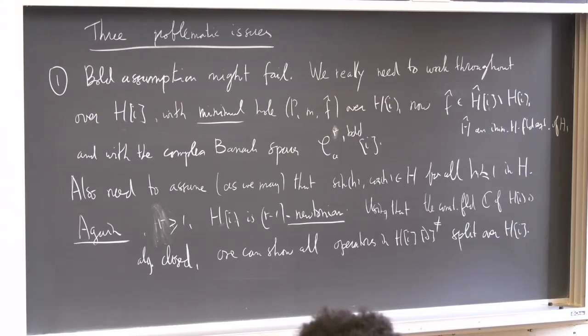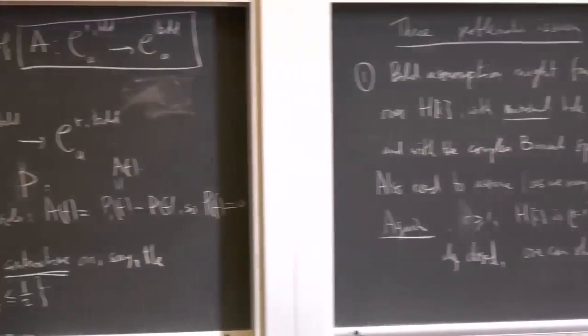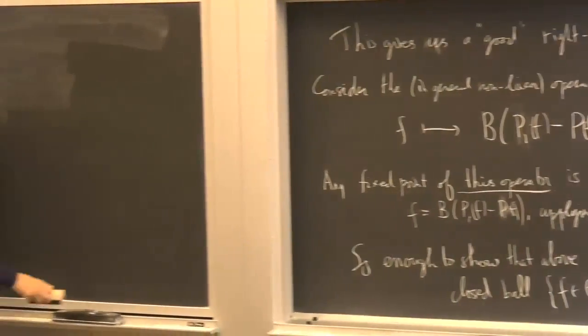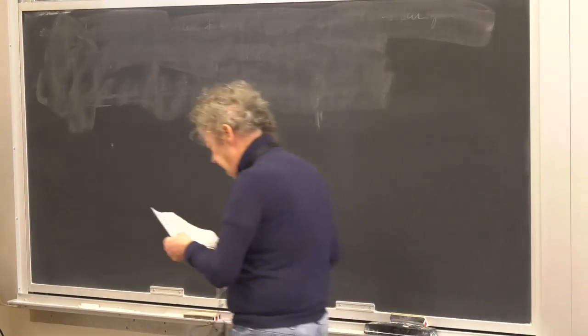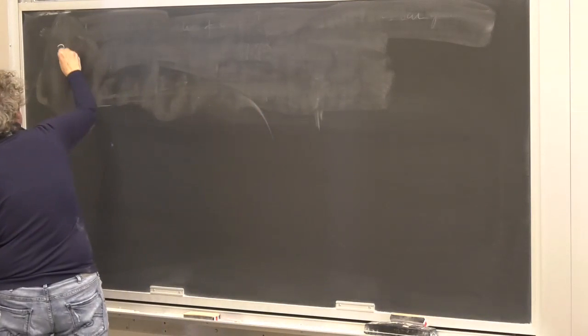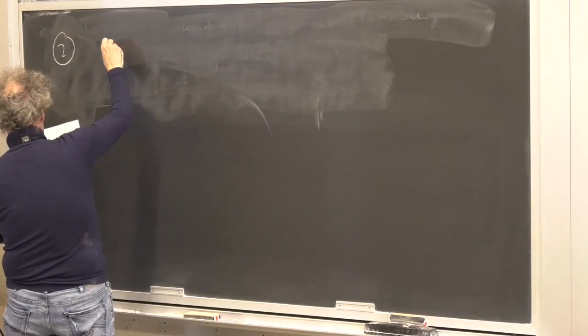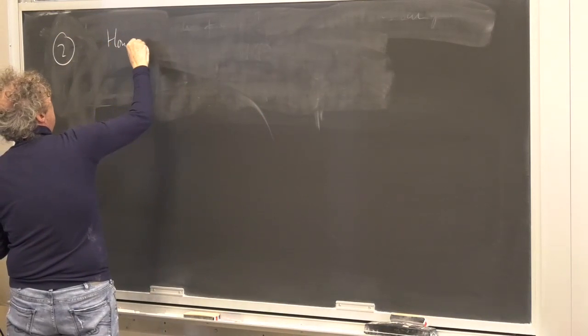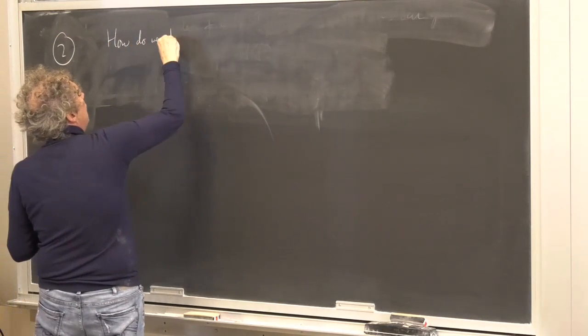Yeah, the next issue that arises is, but how do you get back then? You see, carrying through this whole thing, you find a solution in C infinity I, not in C infinity. Yeah, right. So how do we get back? So the second problematic issue is how do we get back